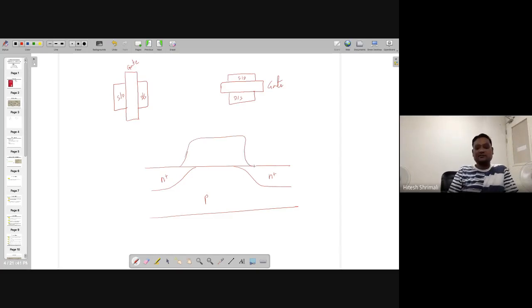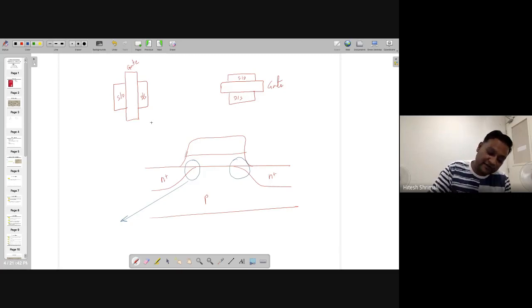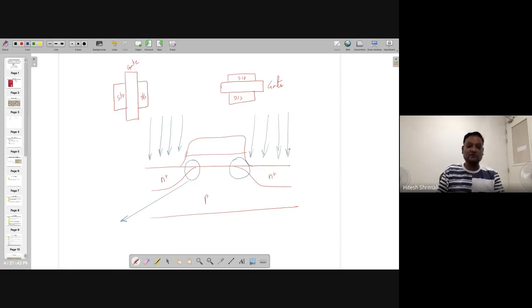Something like this. It looks like this one. This is happening because of many reasons. One of the reasons is that it involves a diffusion process, through which it diffuses and creates the bird's beak view. This is known as the bird's beak view, right? On both sides. And in this one, you wanted to make a gate. When you want to make that, you etch out this particular portion through some photoresist process, right?